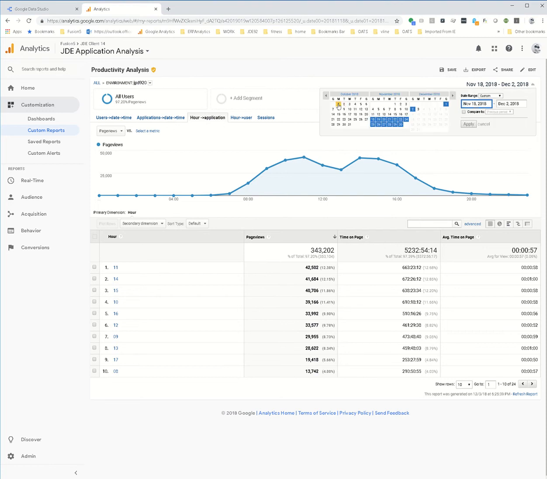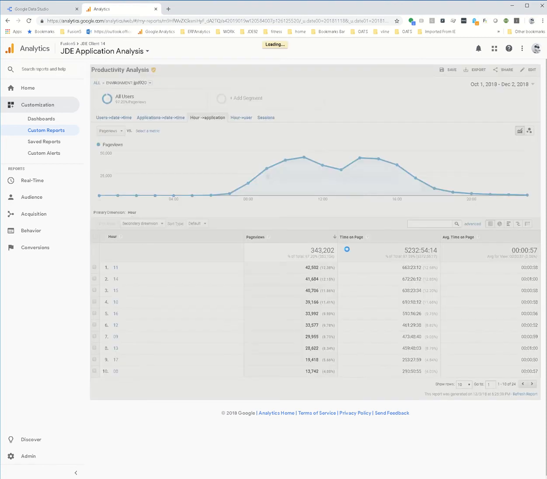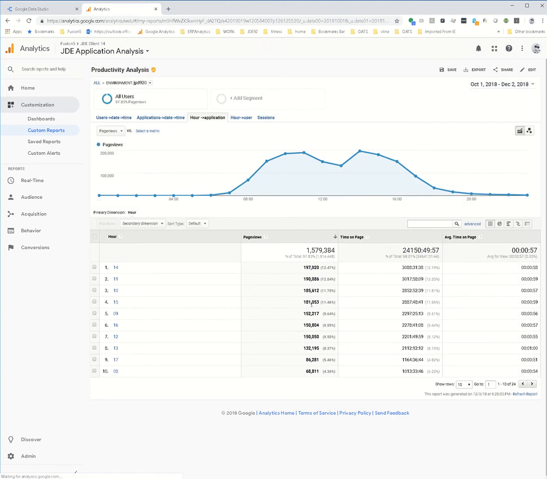But we can say, let's look at the last month and see what is the busiest hour in the last month. And we can see that it's actually 2 o'clock in the afternoon is the peak time for this client, so we certainly wouldn't want to cause any problems there. It's responsible for 12.5% of the entire load, and we can see in that hour it's actually accumulating 3,088 hours of engagement. So in that 1 hour in the last 2 months, we've cumulatively got